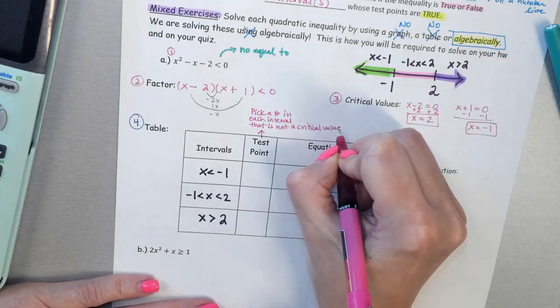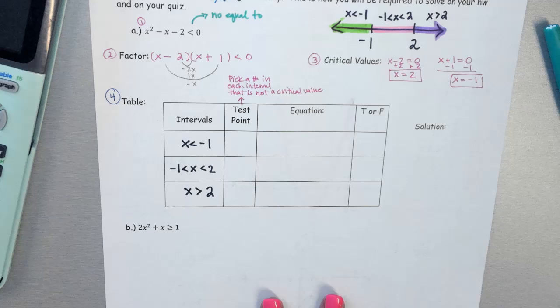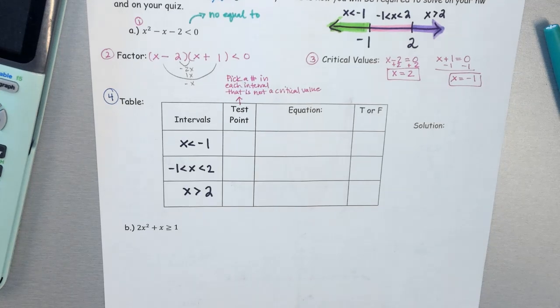So it can't be negative 1 and it can't be 2. Okay, it really wouldn't be anyway for this, but if it was equal to, you need to know that you can't pick the critical value. Okay, so you're going to pick a number in each interval,